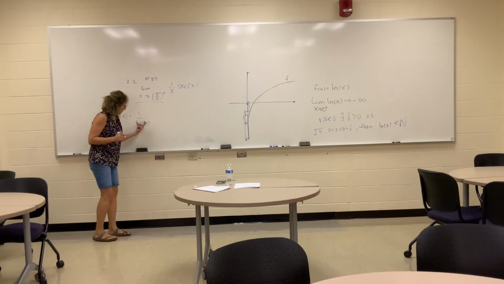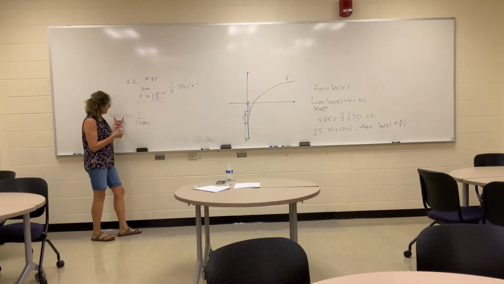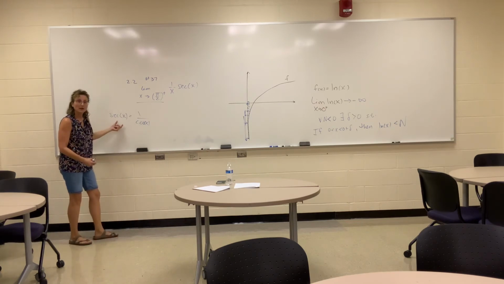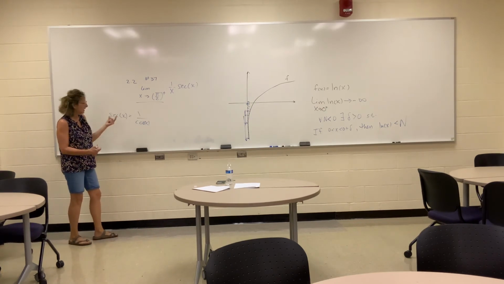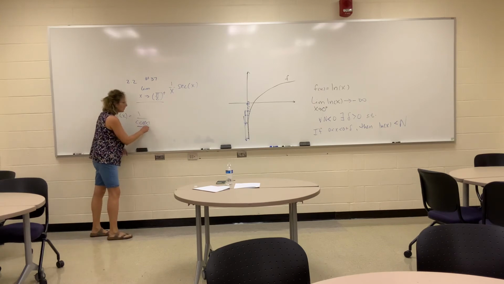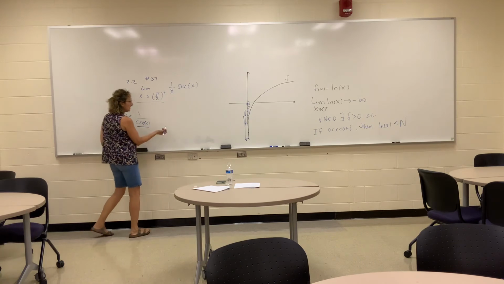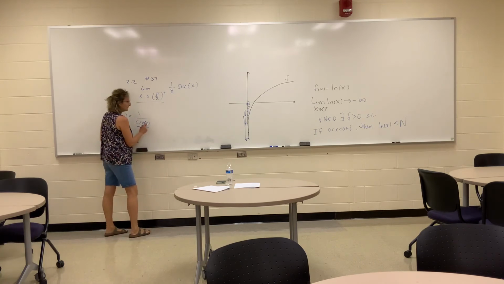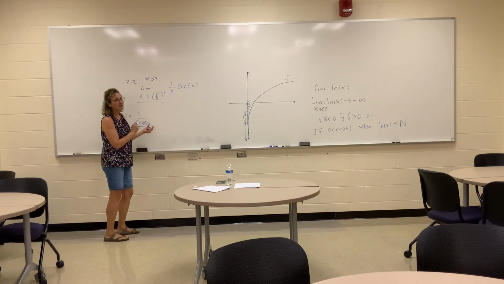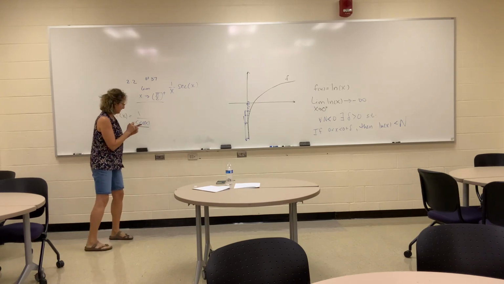So when is secant going to have a problem, where secant isn't defined, where it might have a vertical asymptote, where the values of secant might grow without bound nearby? Well, it's going to be anywhere where cosine x is 0, right? Okay, and where is cosine x 0? Good question, right? Where is cosine x 0? Think about that. I'll leave you there,